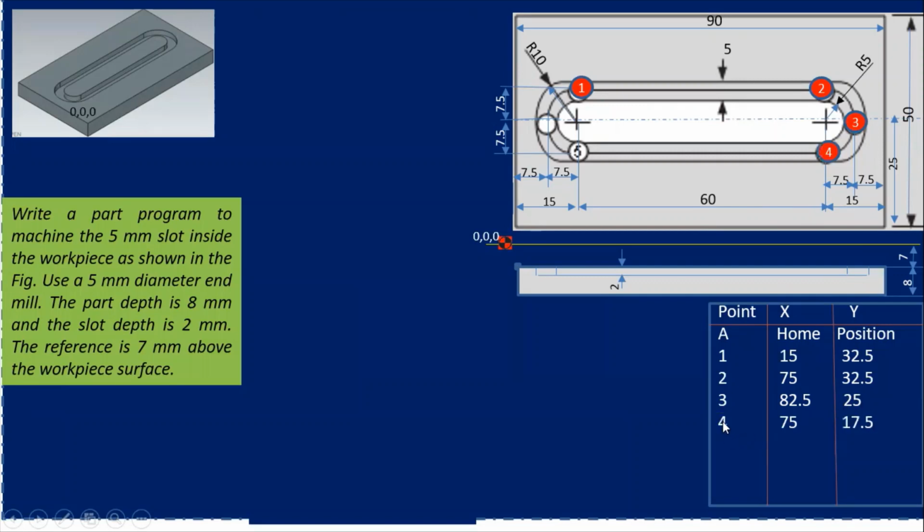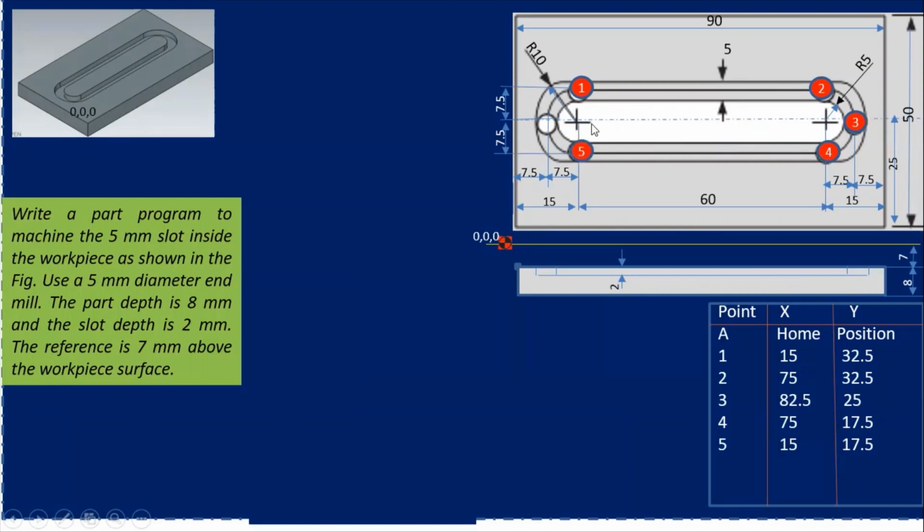Then the next coordinate is 4, this one. How much is it along the x? 60 plus 15 will be 75, so I put the x distance as 75. And about the y coordinate, we can see the y here. From here, how much is our y? I want this distance. It is very easy. See, always consider this 25 from here. So 25 minus 7.5 if you take, you will get 17.5. That is the easiest way to find it out.